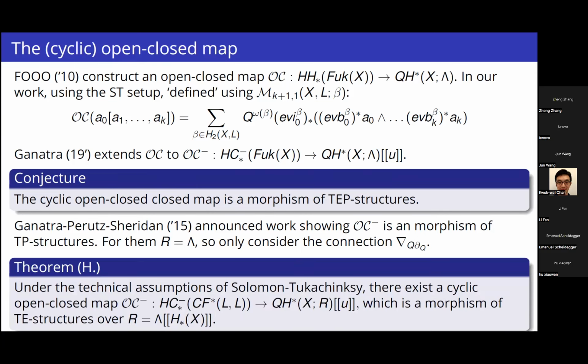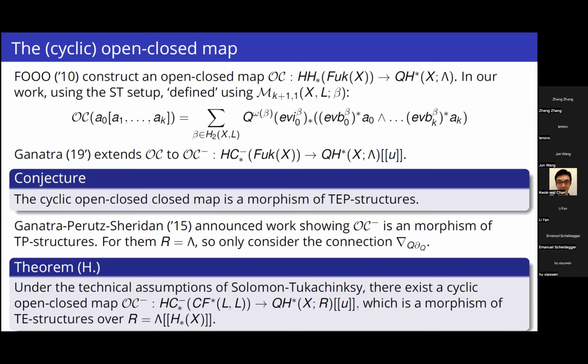So Kai, in what generality is Ganatra's map defined? Well, Ganatra defines his map in large generality. So I think it will work for a Liouville domain, but it will also work for a complex symplectic manifold. I think you need semi-positive. And also in his case, he actually maps to the symplectic cohomology. But for a compact symplectic manifold, that is the same as quantum cohomology. Okay, I see. Thank you. But his definition is really general.